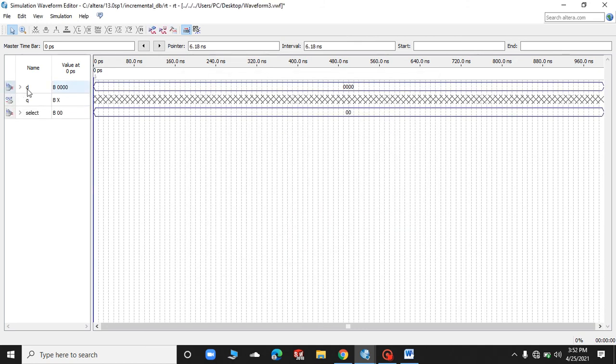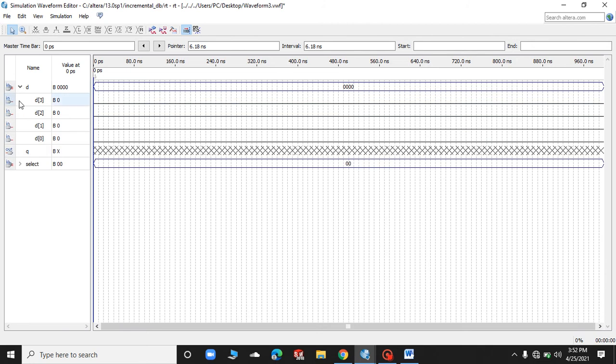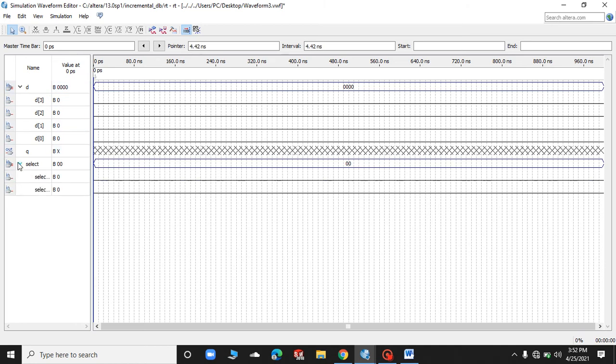As I have applied the length of 4, you can see D0, D1, D2, D3. So these are all the inputs, and the select has a length of 1, that is 0 and 1. You can see that these inputs are shown over here.